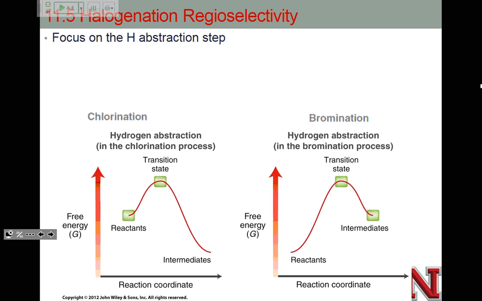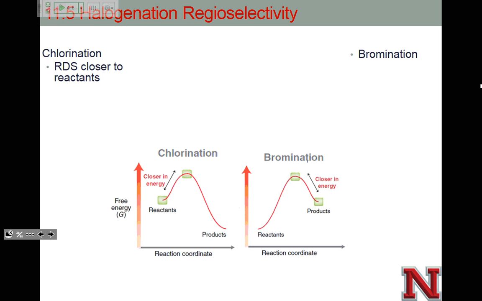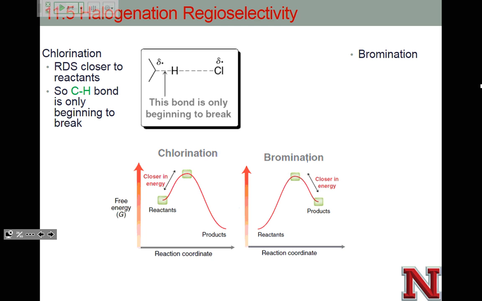So if we're trying to figure out what the transition state looks like between these two, the transition state for chlorination looks more like the reactants, versus the transition state for bromination looks more like the intermediate. Now the question is, what does the reactant and what does the intermediate look like? Because this is really what's bringing about our difference in selectivity. So in chlorination, our rate determining step transition state looks more like the reactants. In the reactants, because we're looking at this step,